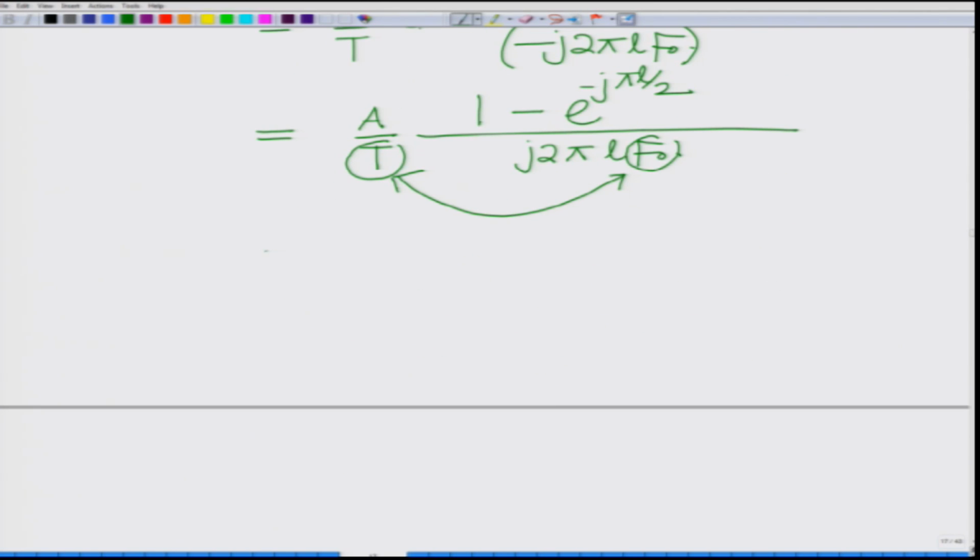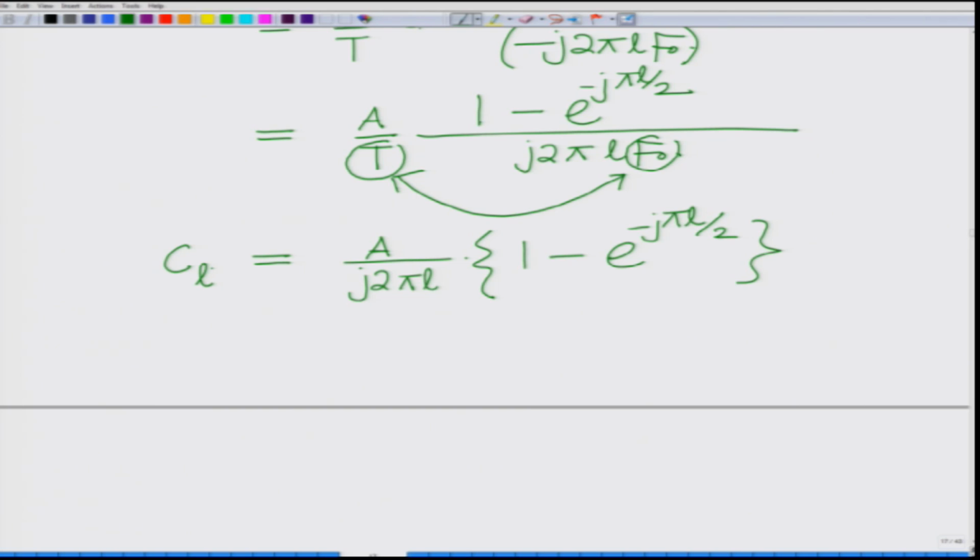So, therefore, I can simply write this now as A over j 2 pi L into 1 minus e to the power of minus j pi L by 2, this is your C L. Now, taking e to the power of minus j pi L by 4 common from this,